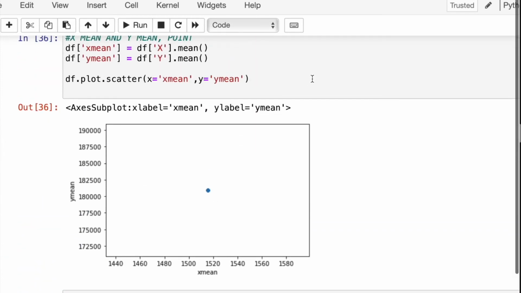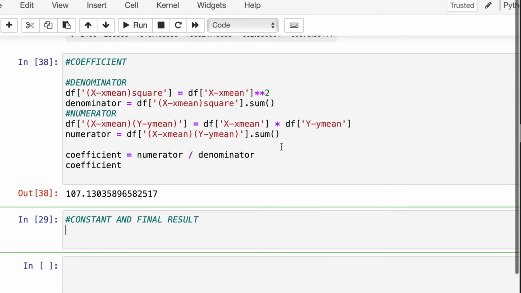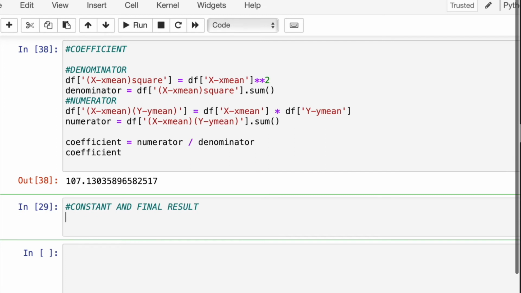So if you see the equation, y equals constant plus coefficient multiplied by x, I'm gonna put the constant on the left, so constant equals y minus coefficient multiplied by x. If we want the best fit, we're gonna use y mean as y and x mean as x in this case. So to calculate,